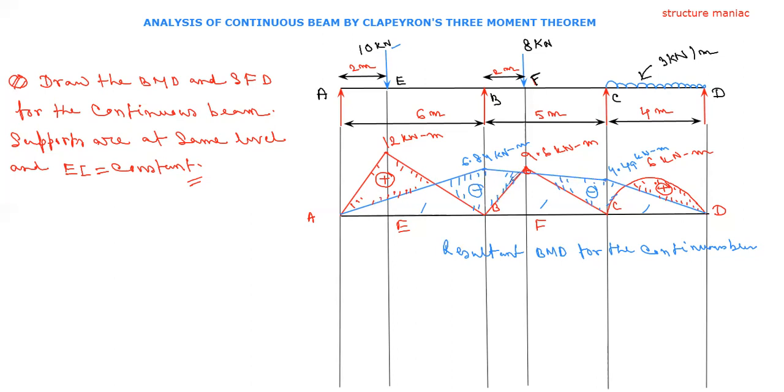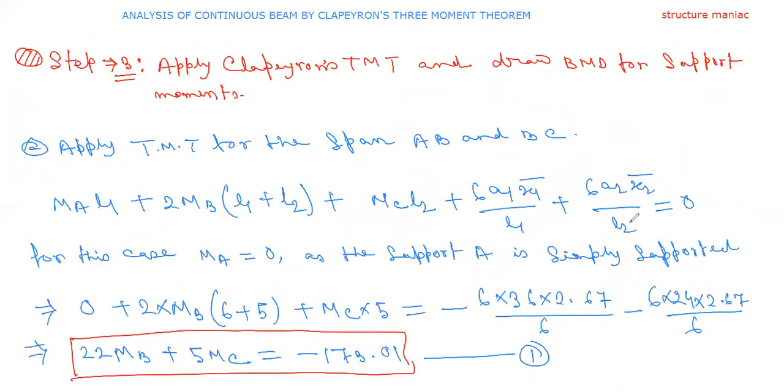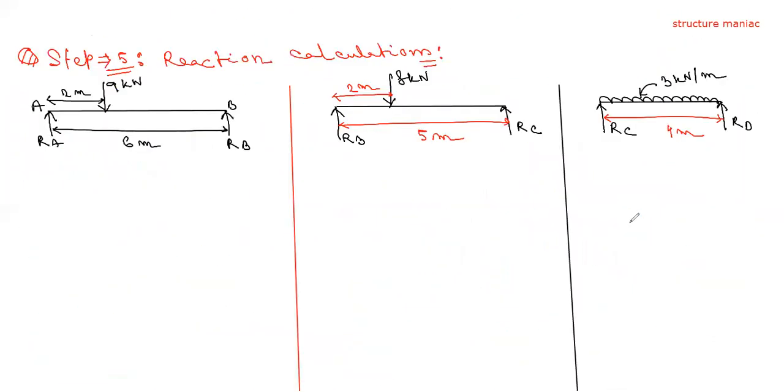Now we need to draw the shear force diagram also. To draw the shear force diagram, we need to calculate the support reactions. So our next step, step 5, is the reaction calculation. For the reaction calculation, we draw the free body diagram of each span. Okay, so for span AB,